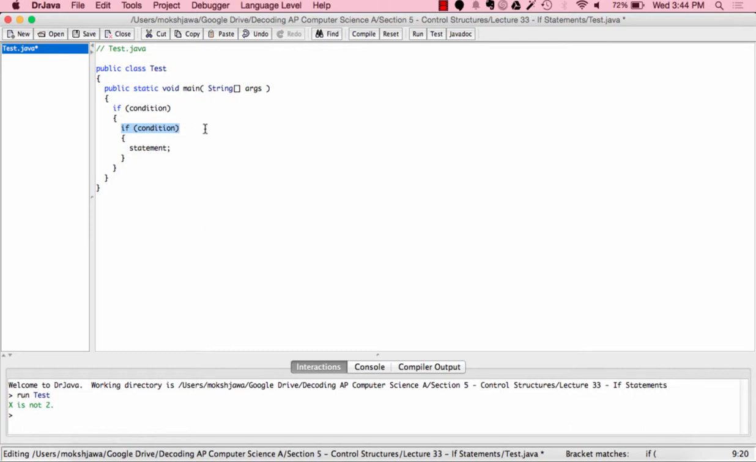So in this case, if this condition is true as well, then this statement is executed. So let's say that this statement is true, but this statement is false. This condition is false. Then the statement is not executed because this needs to be true and this needs to be true. And vice versa, if this is false and this is true, then what happens is once the computer